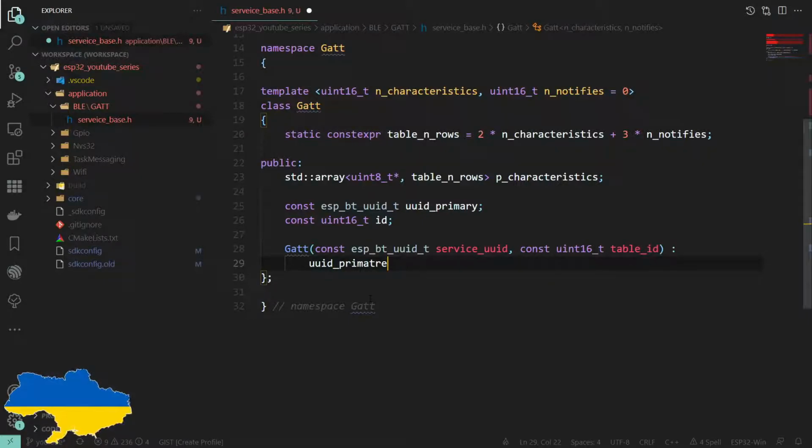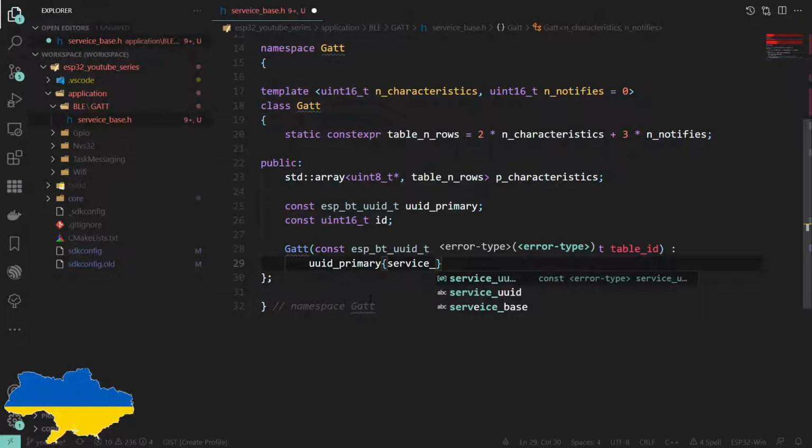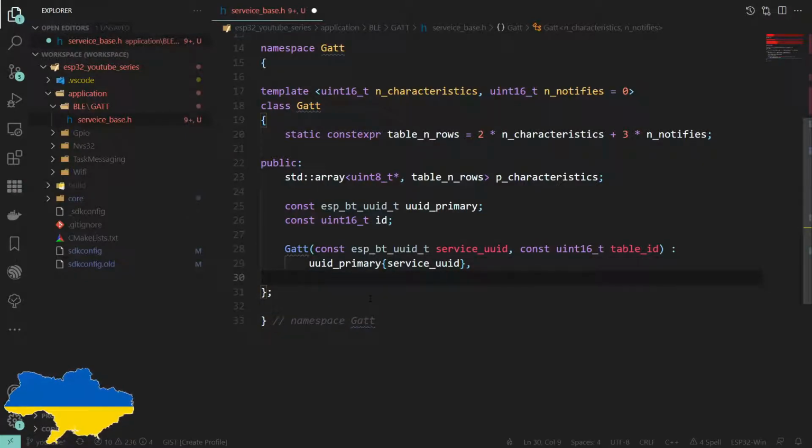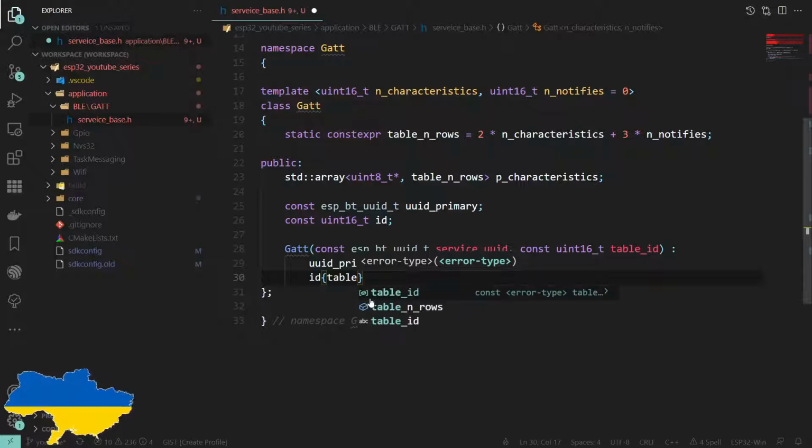And then, of course, we need to initialize these. So primary. Oh gosh, I can't type today. Sorry if it's very clacky. I've got a new keyboard. Service UUID, and then ID will be table ID.